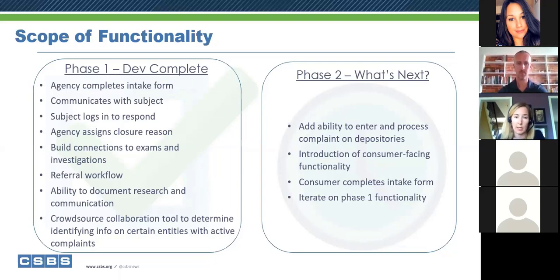Lastly, we recognize that there will always be a need to improve upon what we've already built in the system as a part of phase one. And so we will always have development hours set aside for improvements to existing functionality. And then just to wrap it up, Kyle, if you don't mind going to the next slide.